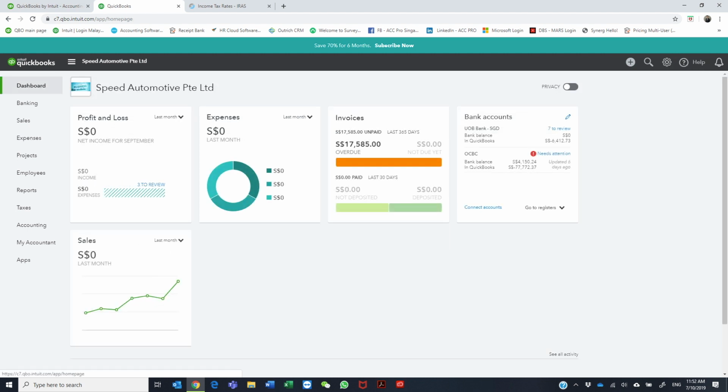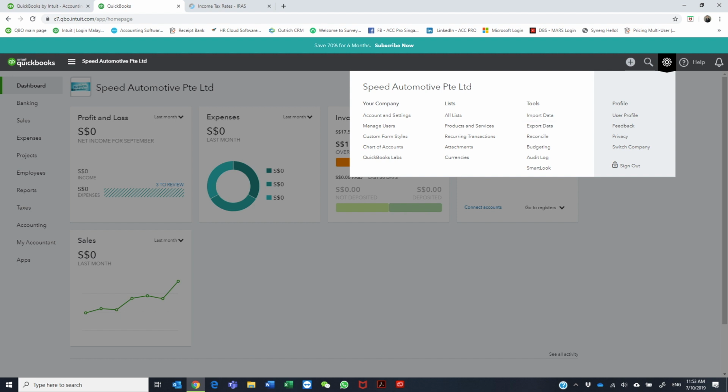Recurring transactions is a quick way to create different transactions with the same information that will happen on a regular occurrence. These transactions can be set up to record automatically in QuickBooks Online, or they can be set up for manual entries through the template created under the recurring transaction features. So go to the gear button, click on recurring transactions,